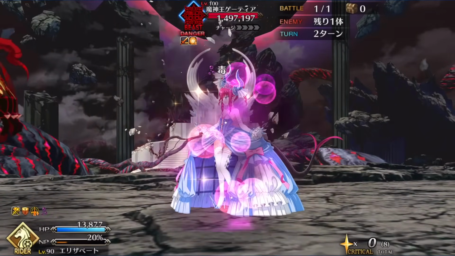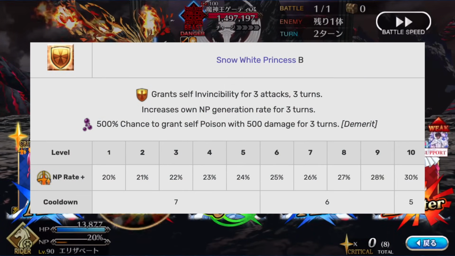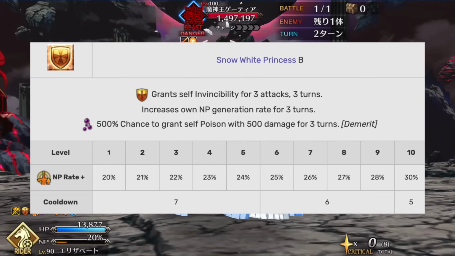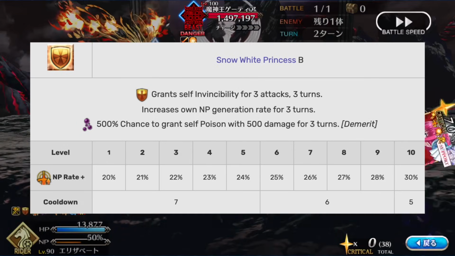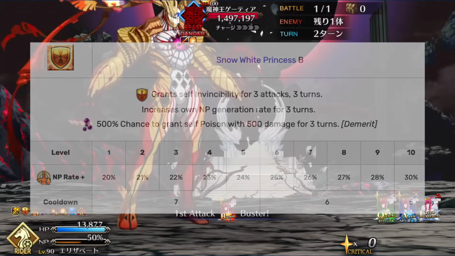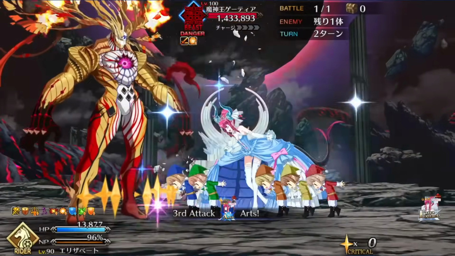rlly Liz's first skill is a 3-time 3-turn invul, as well as a 3-turn 30% MP generation up, and it has a demerit of a 500 damage poison that she casts on herself that also lasts for 3 turns. This skill has a 5-turn cooldown. So right off the bat, this is absolutely insane as an invul skill, and I'm not saying that as an